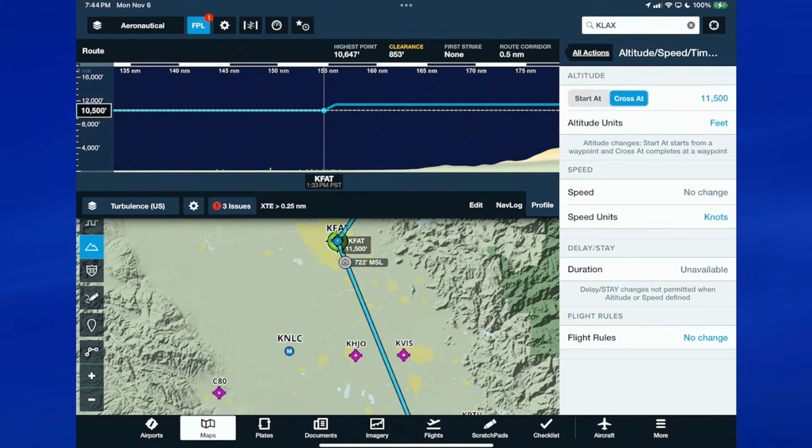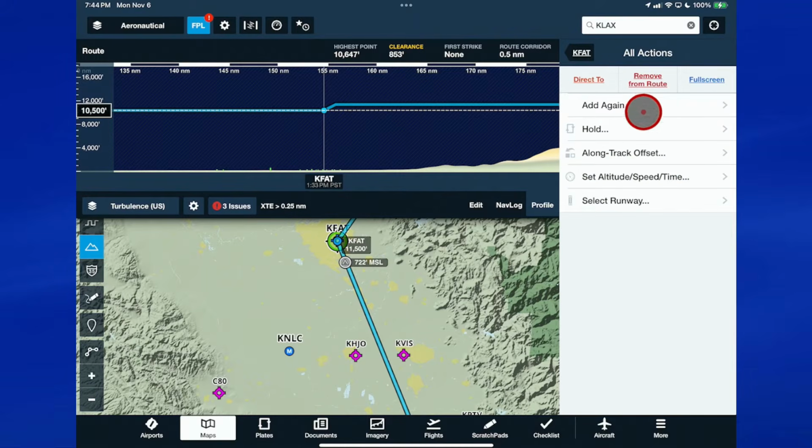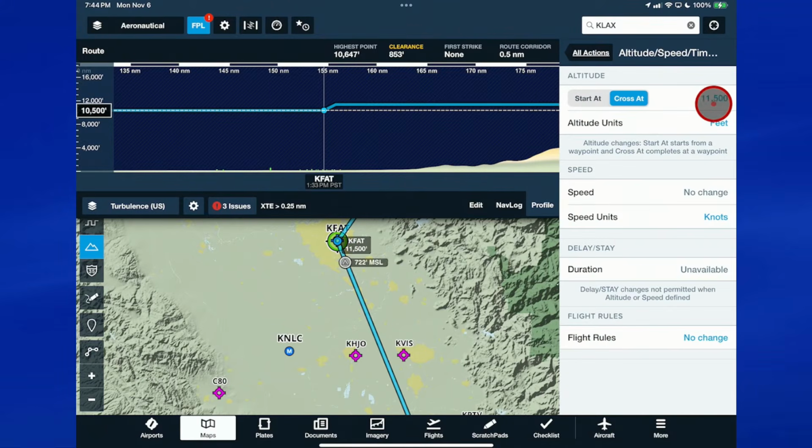I knew that wouldn't work. Cross it at 11.5. Let's see if I change it back. I'll set altitude, cross it at 11,000. Let me type it in again and see if that does it. We should be climbing so as to cross it at 11.5, and I'm not seeing it do that, but I would have liked to have seen that. Sometimes it does.